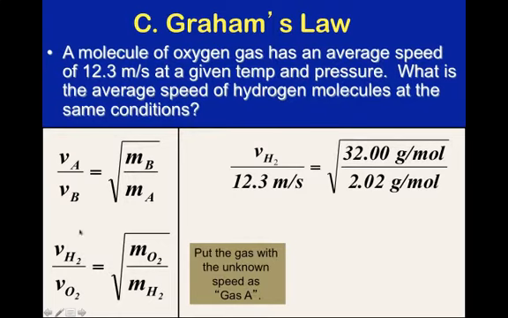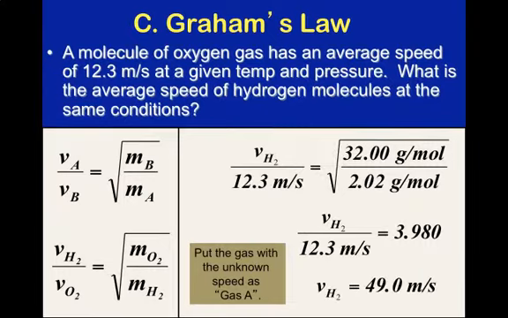So we're taking the velocity of the hydrogen over the velocity of oxygen and comparing that to the molar mass. And this is simply a math derivation at this point. We put in our molar masses. Since both of these molecules are diatomic, we must remember to multiply their molar mass times 2. Take the square root of that, and you end up with the velocity of hydrogen over 12.3 meters per second equals 3.980. Then we have to get 12.3 out from under the velocity of hydrogen. We multiply both sides by 12.3, and the velocity of a hydrogen molecule at this temperature is